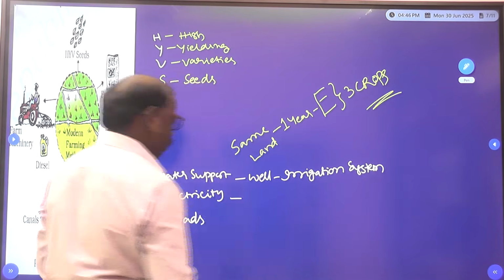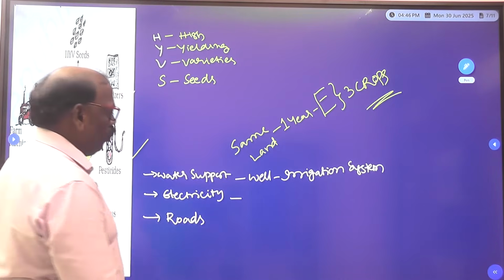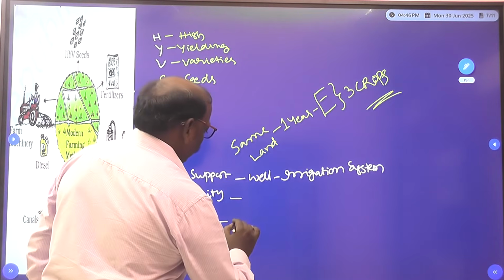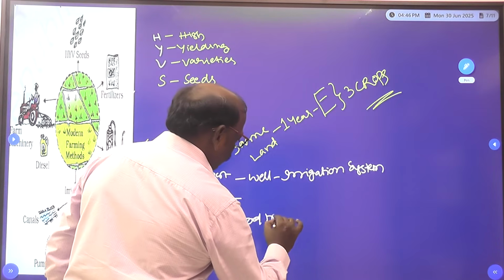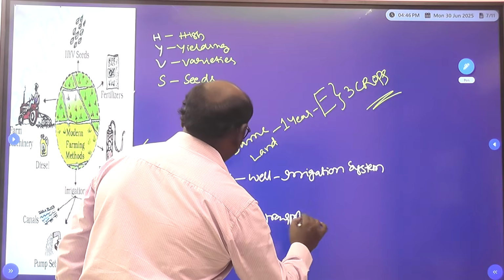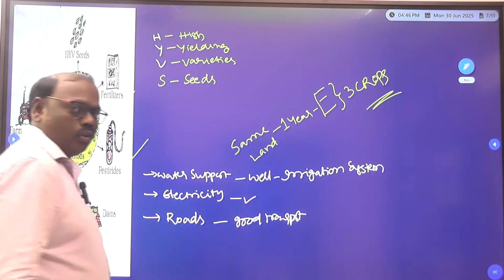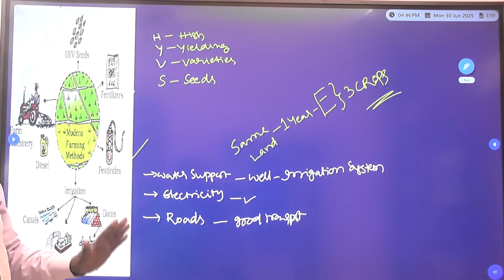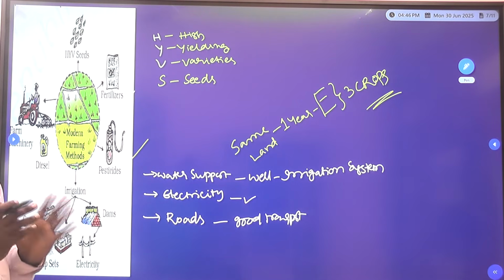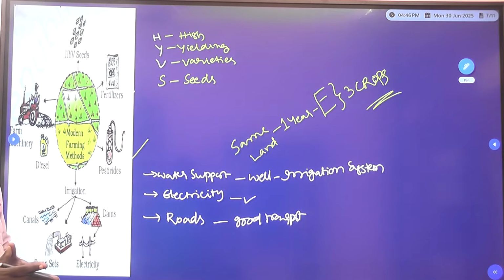Currently electricity is there, and roads are also very good. Good roads, good transport they are having, and electricity is also there. So that's why the village of Palampur is a model even for all the other villages in